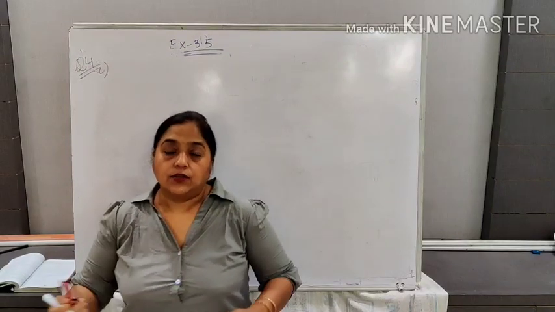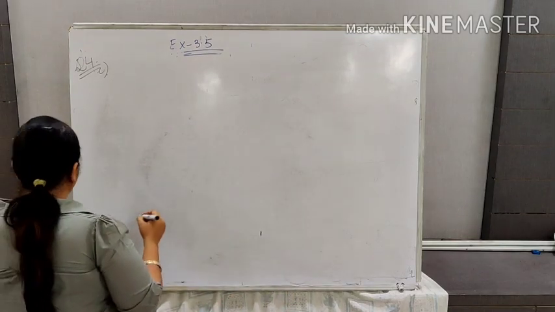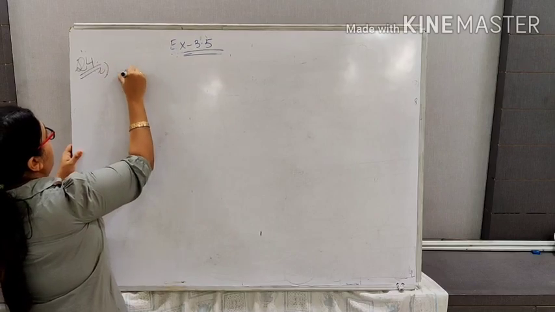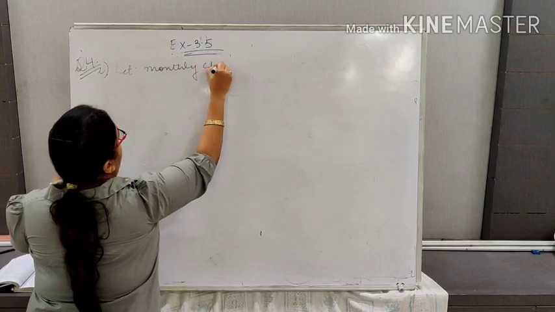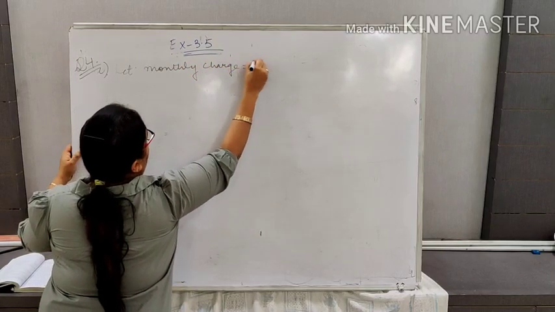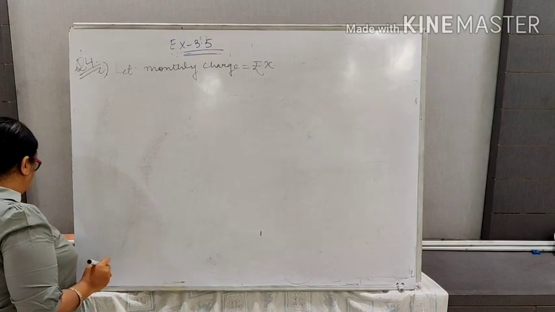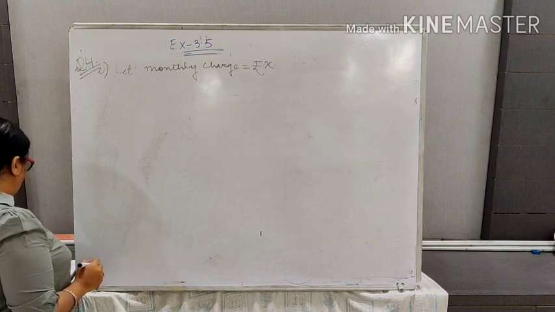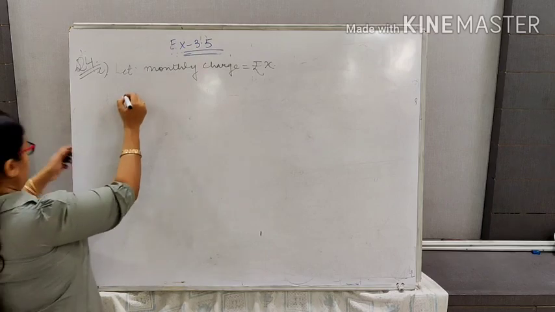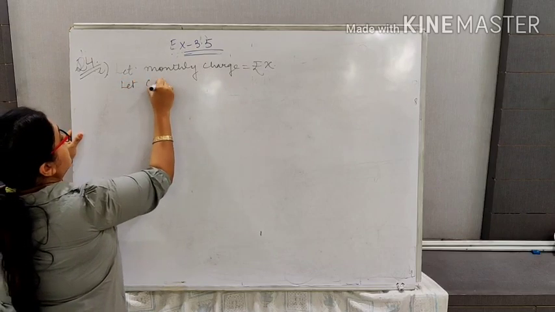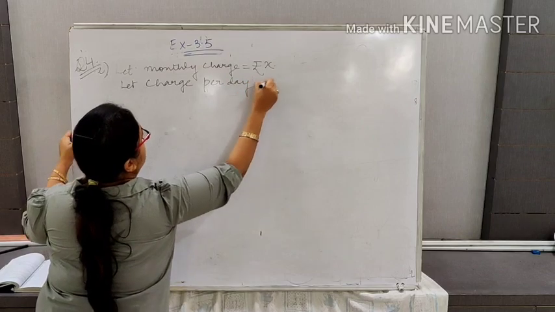तो सेम सॉर्ट में ये भी क्वेश्चन है, दोबारा से देखिए। A part of monthly hostel charges is fixed. Let monthly charge is equal to rupees x, and when a student takes food for 20 days, she has to pay 1000. Remaining depend on the number of days. Let charge per day. बस इतना ही ध्यान रखना है इसमें.